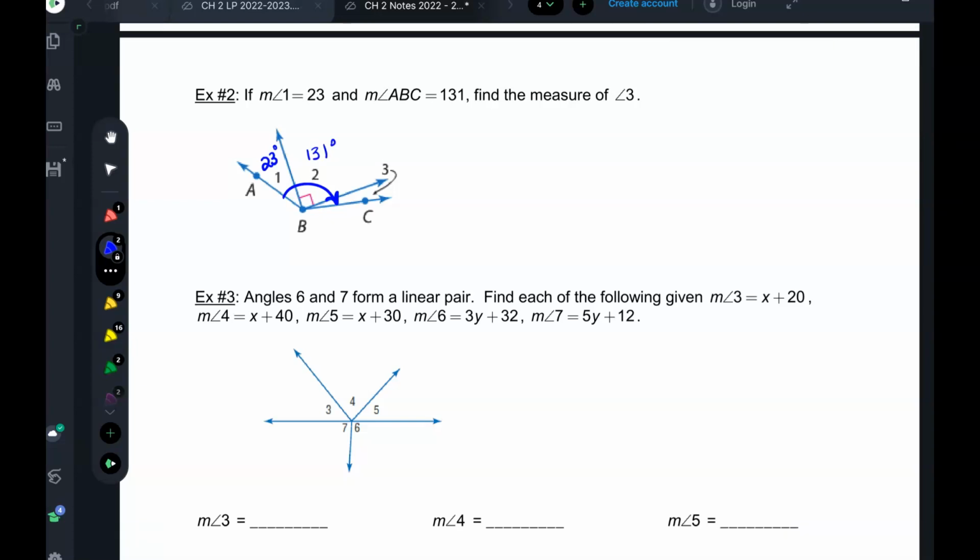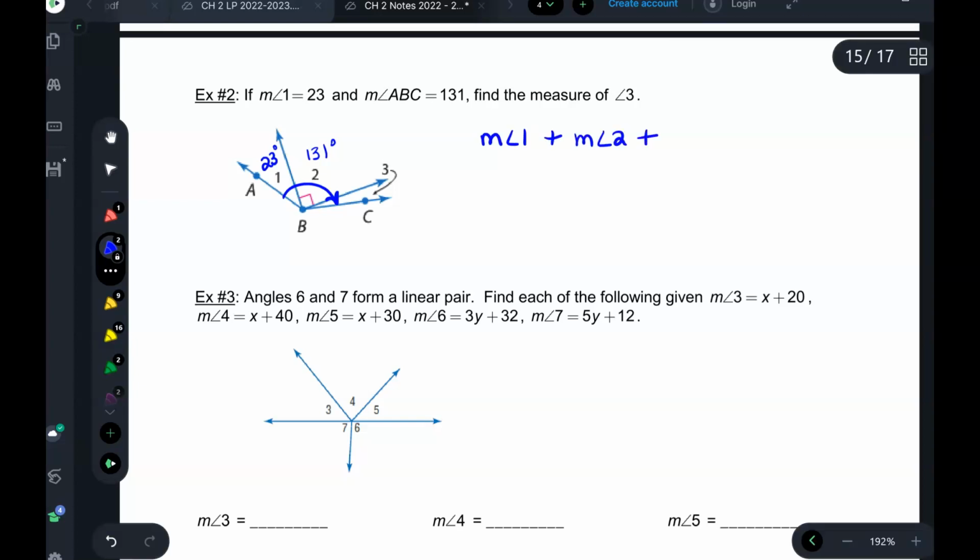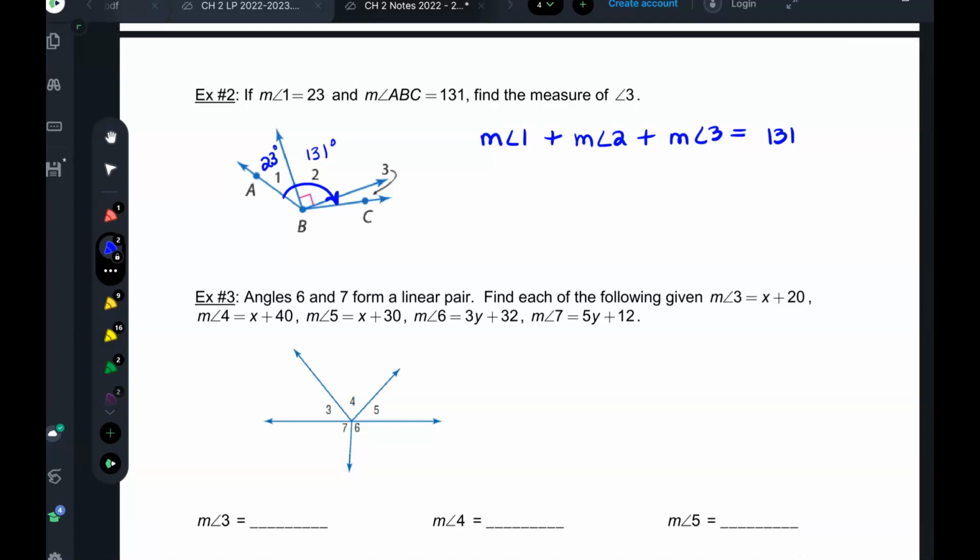What's the measure of angle 3? How do you do 131 minus 23 minus 90. So we can see measure of angle 1 plus measure of angle 2 plus measure of angle 3, that whole thing is 131 degrees, right? And if angle 1 is 23 and angle 2 is 90,